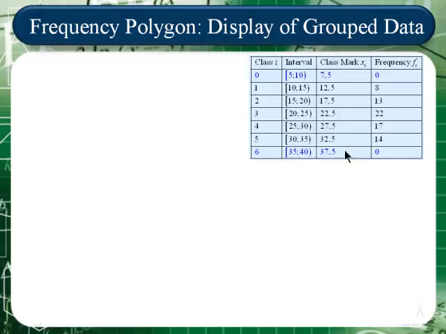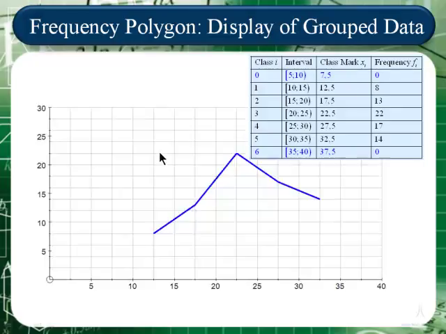A frequency polygon can be displayed on its own for group data. So again, if I have this group data, I simply plot the class mark on the horizontal axis against the frequency on the vertical axis, and then we add the 2 additional classes to ensure that we anchor the polygon. So if we just plot the midpoint, or class mark (the midpoint of an interval is the same as the class mark), against frequency, this is what we will get. But then we need to anchor the